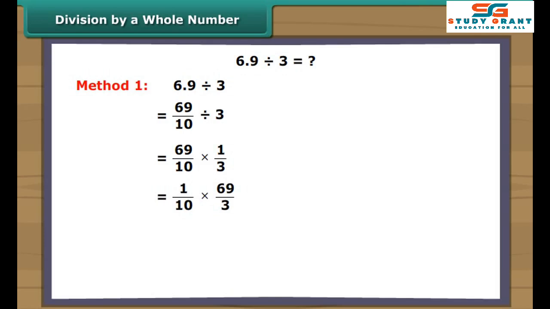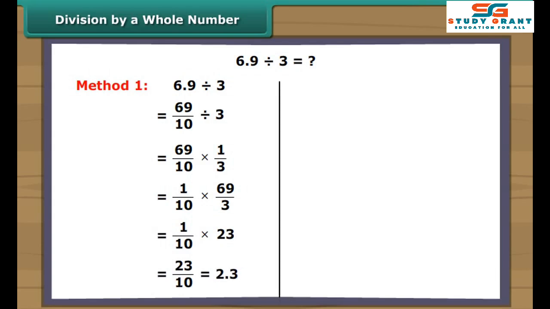Division by a whole number. How will you divide a decimal number 6.9 by a whole number, say 3? Such numbers can be divided by 2 methods. Method 1. Write 6.9 as 69 upon 10. Thus, we'll get 69 upon 10 multiplied by 1 upon 3. This can be written as 1 upon 10 multiplied by 69 upon 3. On simplifying this, we get 1 upon 10 multiplied by 23, which is equal to 23 upon 10 and at